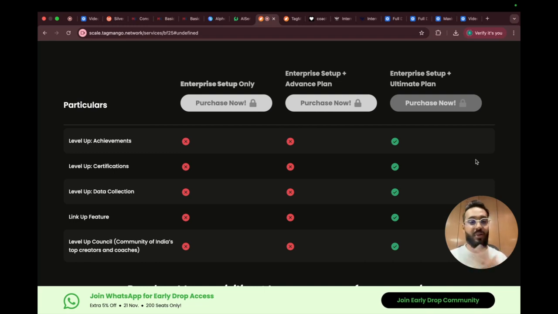If someone can pay me for diamond, naturally they are a vetted customer. So they would be of great value for that particular coach. And when that coach sells their own gold or diamond membership to the particular customer, I would get commission for that by virtue of lifetime linking. So it's a two-way street. It's a win-win situation. I am getting more customers because of the higher offer stack,